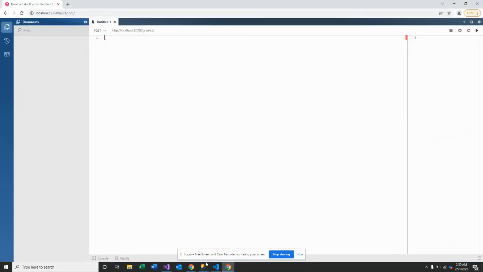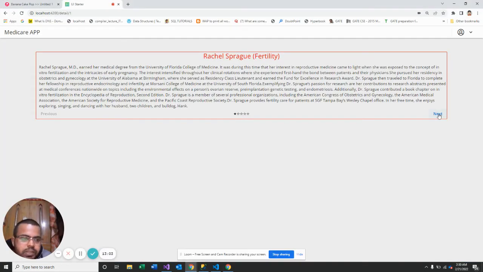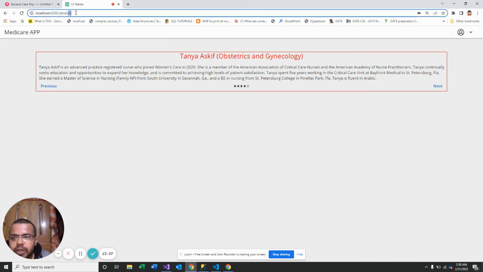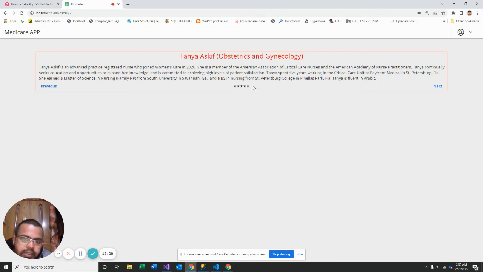Again I will go to the next page, that is page number 2. For ID number 2, currently the rating is 4 star. If I change it to 5 star, then this data gets saved or persisted in the database.